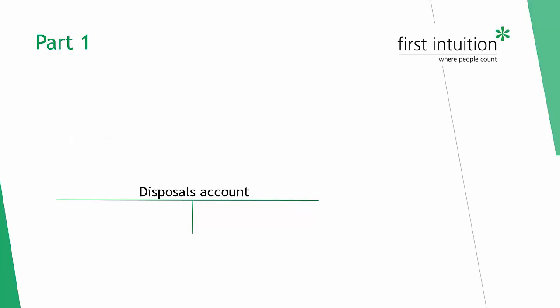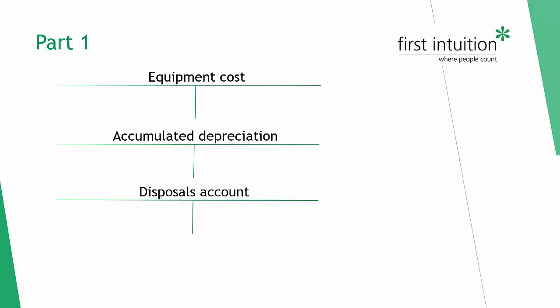So we need equipment cost, accumulated depreciation. And let's say that the cost of the equipment that we're getting rid of is £25,000 and it's been depreciated by 18,000. Now, just looking at those three accounts, if you keep in mind that what we're doing when we dispose of an asset is we're moving it out of cost and into disposals, and the depreciation, we're moving out of depreciation into disposals,